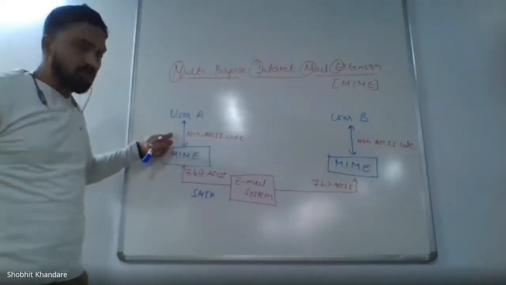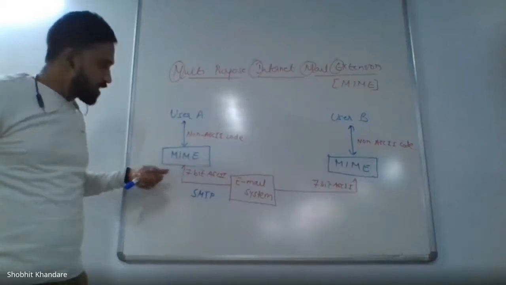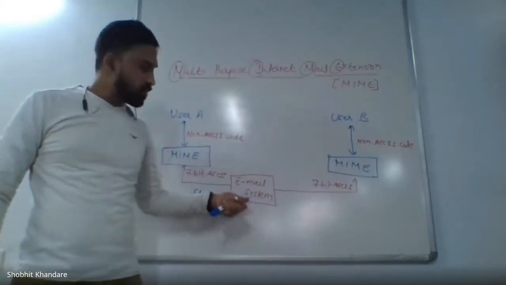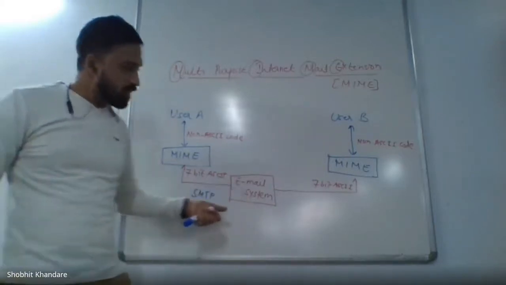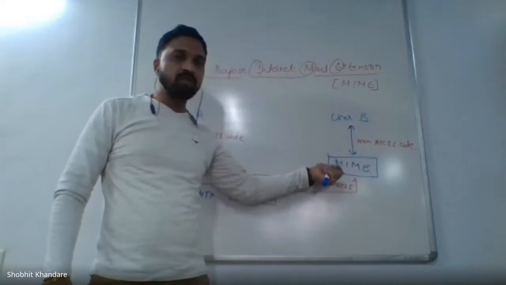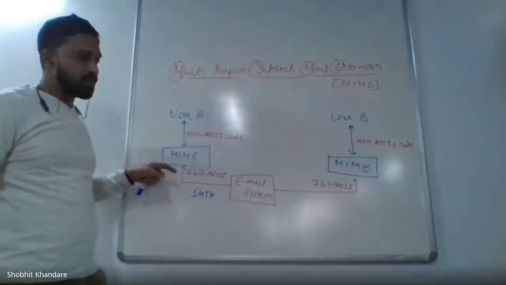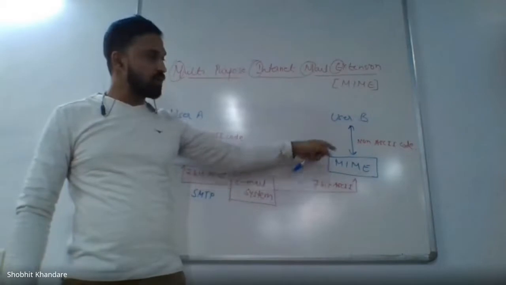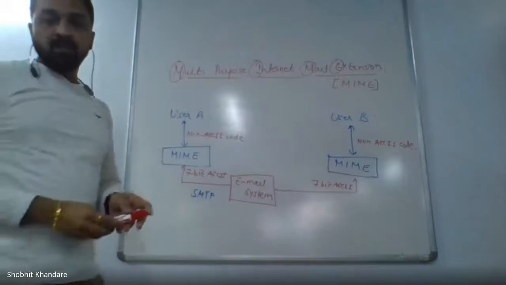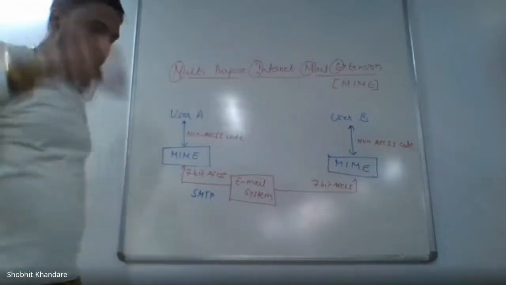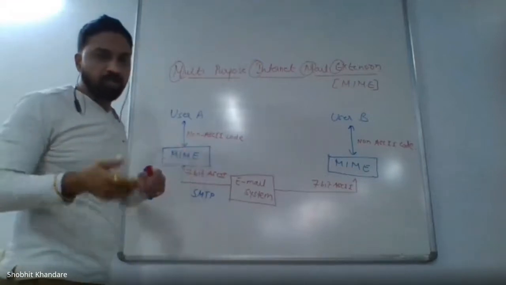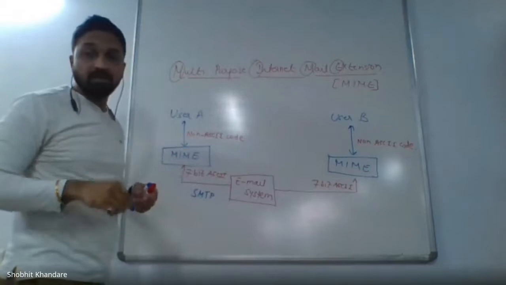So convert non-ASCII into 7-bit ASCII code by using extension MIME, and then transmit the message in the email system using SMTP. At the receiver, convert 7-bit ASCII into non-ASCII by using MIME. Whatever you are doing here, the same thing is getting reversed here, and you will be getting the non-ASCII code. So this is a simple MIME. Now, if I want to give more security to this MIME, then you have the concept which is called